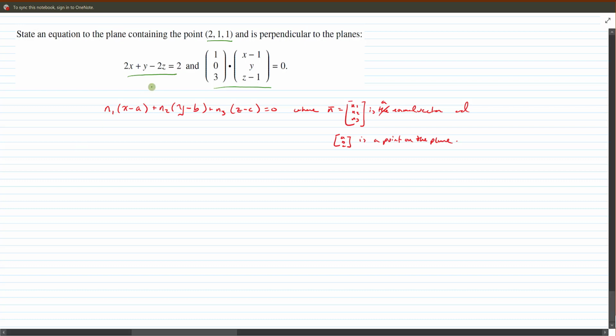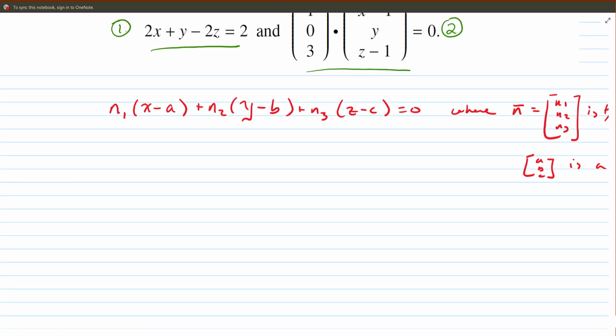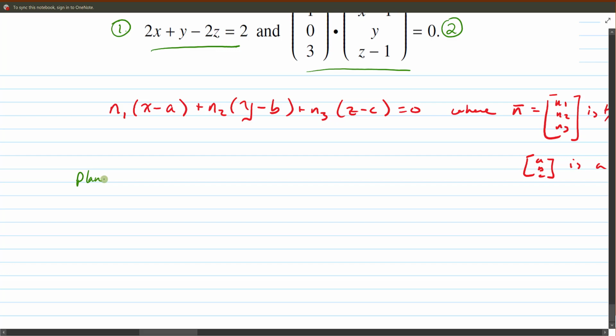So for plane 1, let's call this plane 1 here, and we'll call this plane 2. Plane 1 has normal vector, in this case we can just read it off as the coefficients in front of the variables. We'll label it n1 for the normal vector for the first plane, and its normal vector is (2, 1, -2). Plane 2